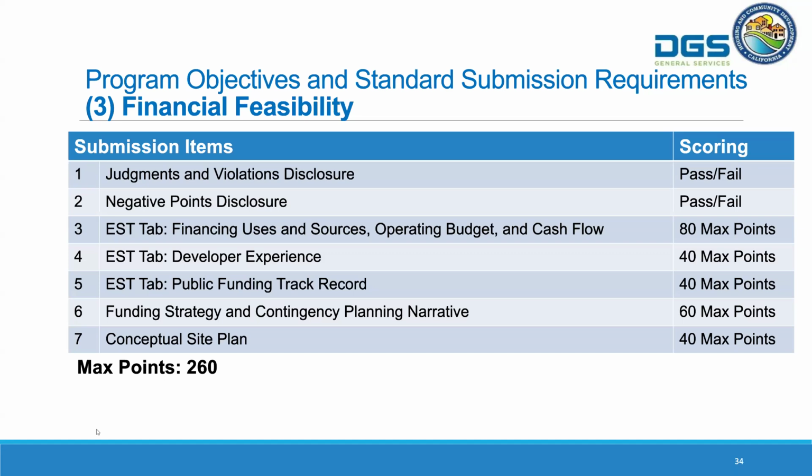Item number 7 is a conceptual site plan. The conceptual site plan is required to provide base level information such as the proposed building program for the ground floor, at least 1 residential floor, the building height, and the unit mix. So your conceptual site plan should allow the reviewer to see the unit mix you submitted in your EST